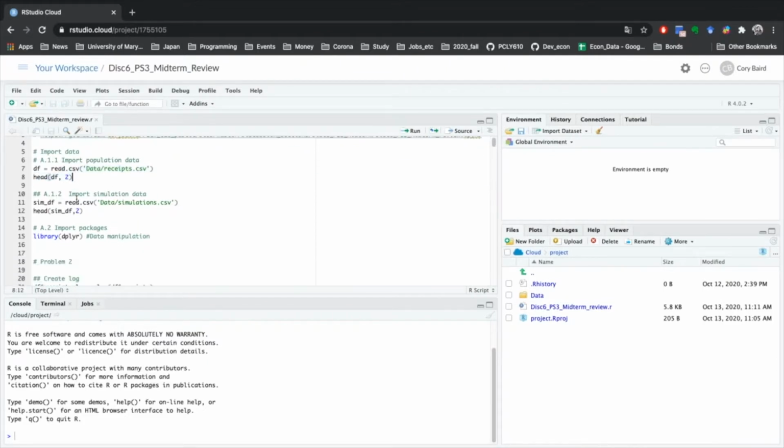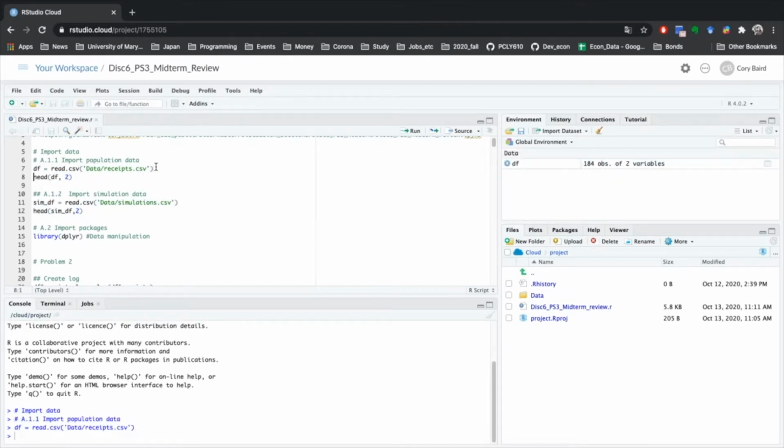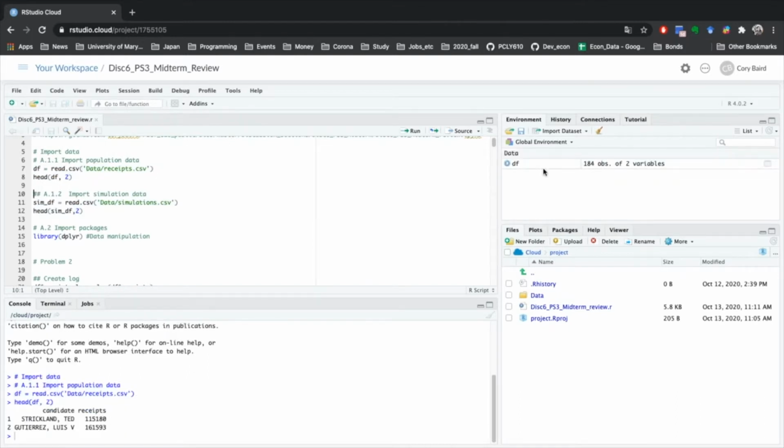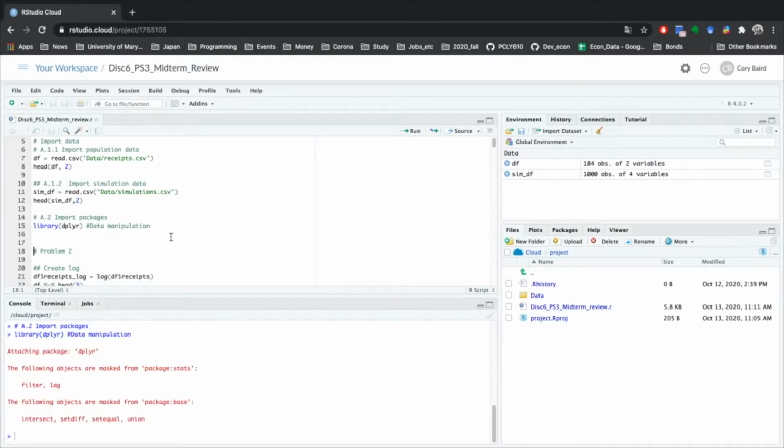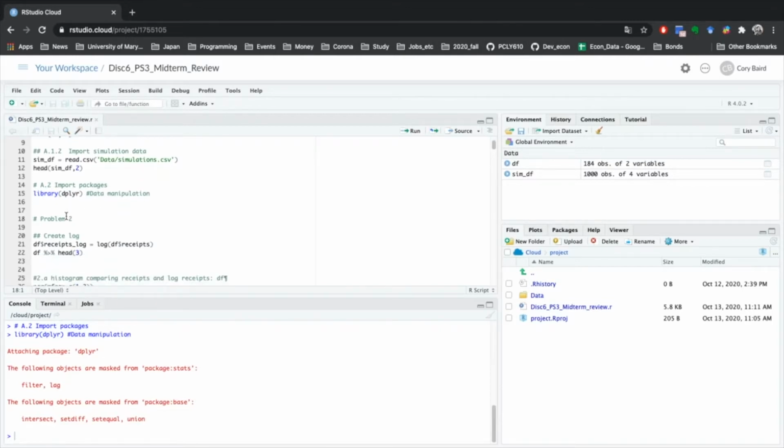So let's import the necessary data to complete problem set 3. The first data set we're going to import is the receipts data set, and as you can see here, it's successfully imported. Then we will import the simulation data set. As you can see here, it imported. We also can see the first couple of rows using the head function as usual. Then we're going to import the dplyr package, although you don't actually have to in order to complete the first